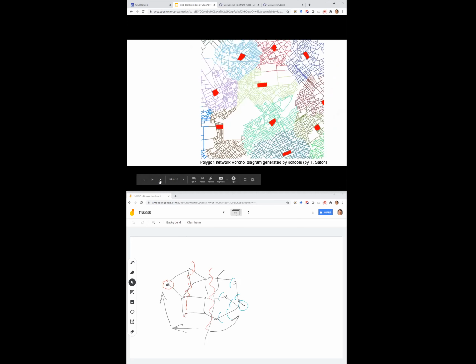So lots of examples that you may see. We will not be producing such examples, but we have to understand the idea, how these examples can be produced, well, by wave propagation from the sites. Now, the sites don't have to be just points. You can have these polygons. I'm not sure what they represent in this particular case. You may click on the link and read the paper if you're interested.